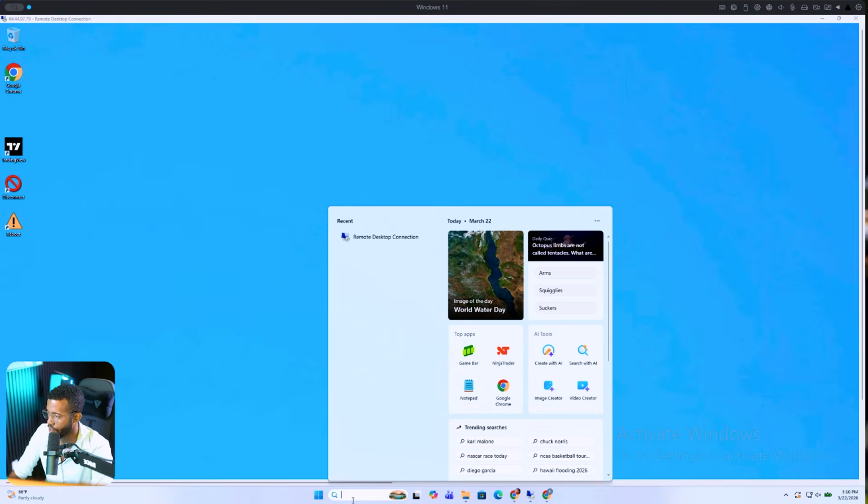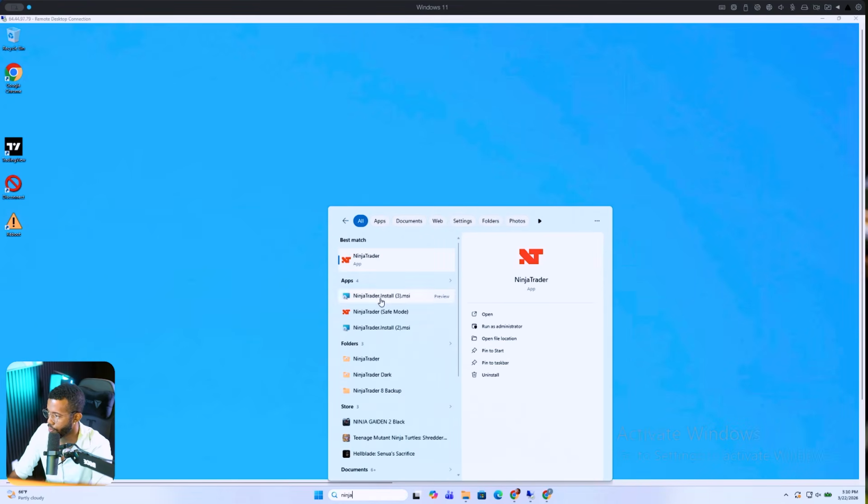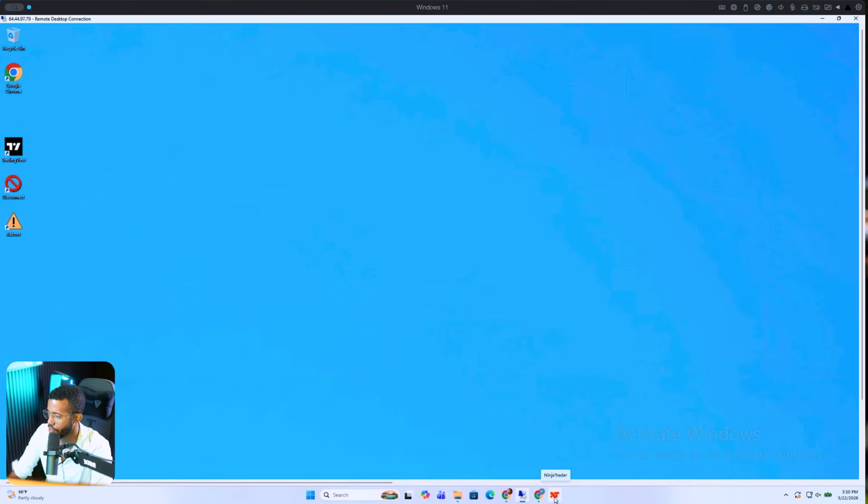Something else we want to do is you can just type in Ninja in the little search bar, right click it, and you can do pin to start, pin it to taskbar. I'll just pin it to start here. And you could do pin to taskbar as well, which will give you a nice little Ninja icon down here. That's how I like to do it. You could also probably create a shortcut on your desktop, however you want to, but we'll open up NinjaTrader